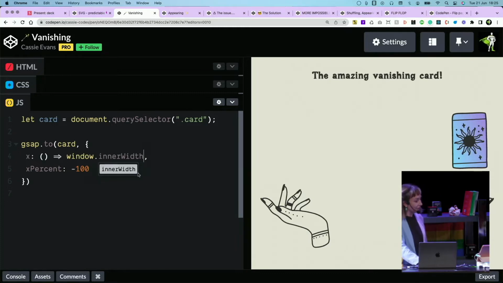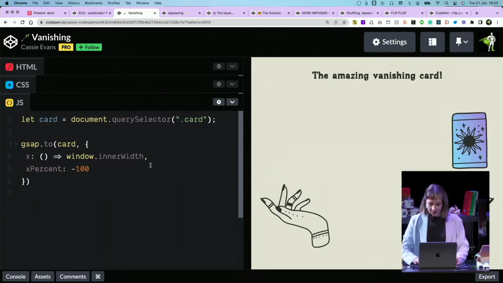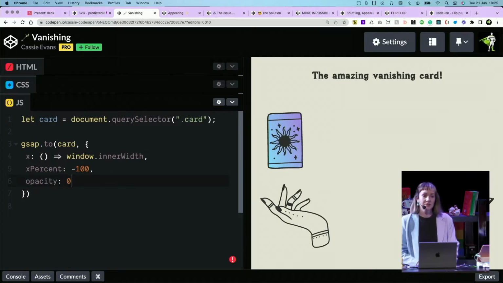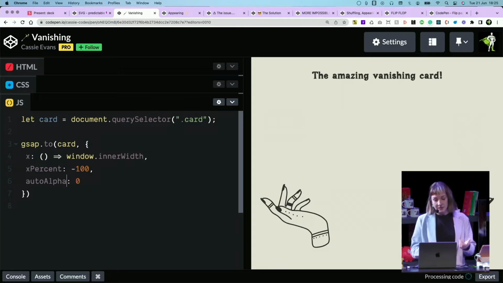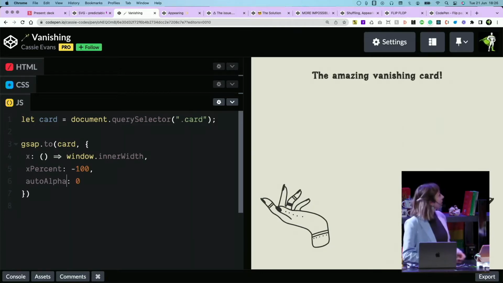Okay. So after we've got it over to the other side of the screen, we can make it disappear with opacity, but opacity is just going to visually hide it. And sometimes you don't want that because you want something to be hidden for screen readers as well. So there's a little shortcut property called autoAlpha, and that does visibility hidden as well.